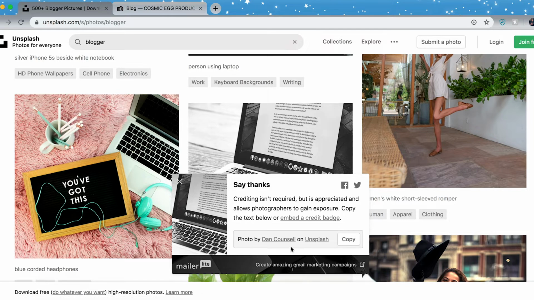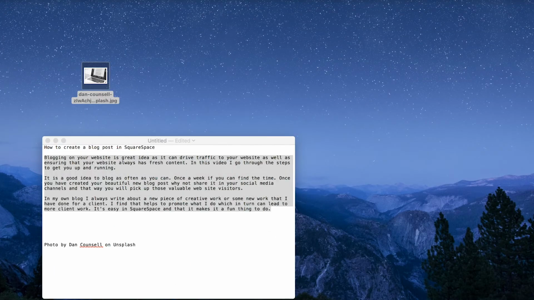And the other thing that it does is it asks you to give a credit, and it gives you a little credit line there, a little bit of text that you can use. All you need to do is copy that, and then you can put that at the bottom of your blog post to credit the photographer. Nice, right? Just going to jump into Photoshop for a minute,